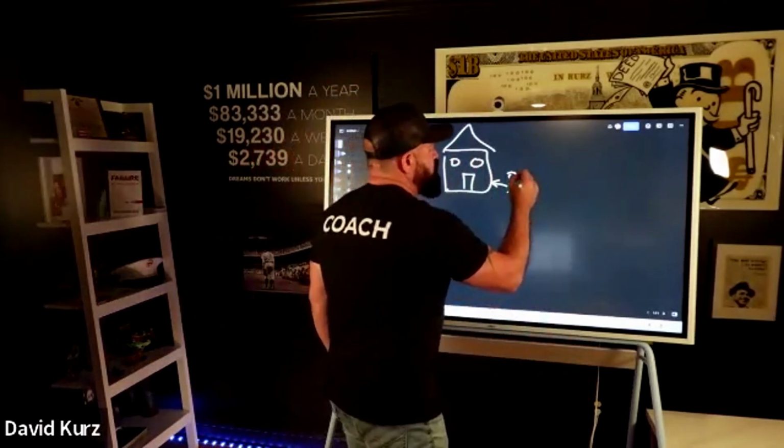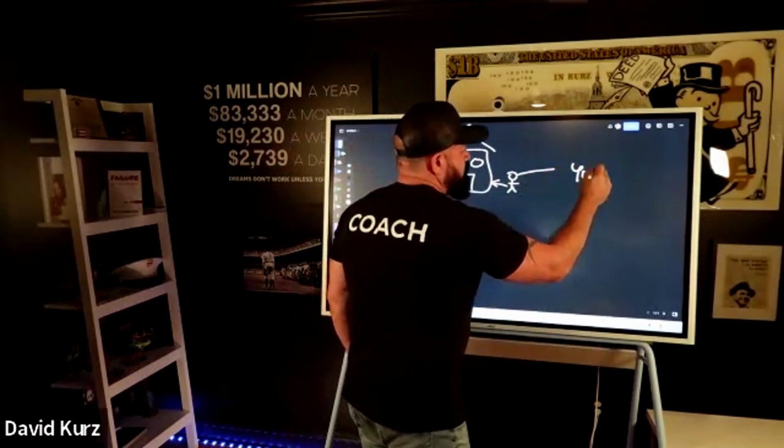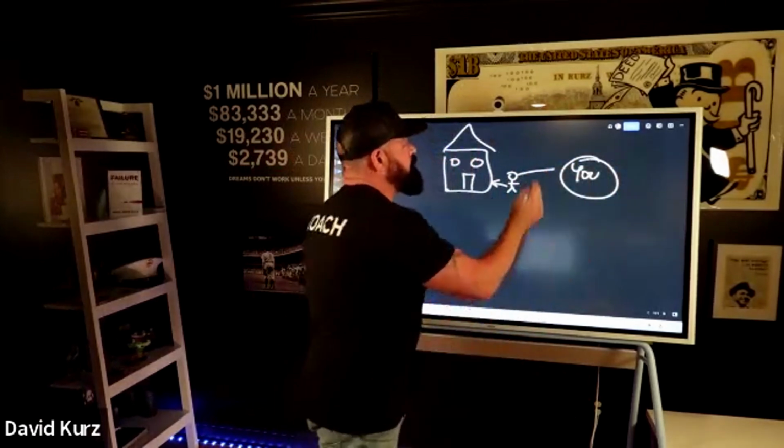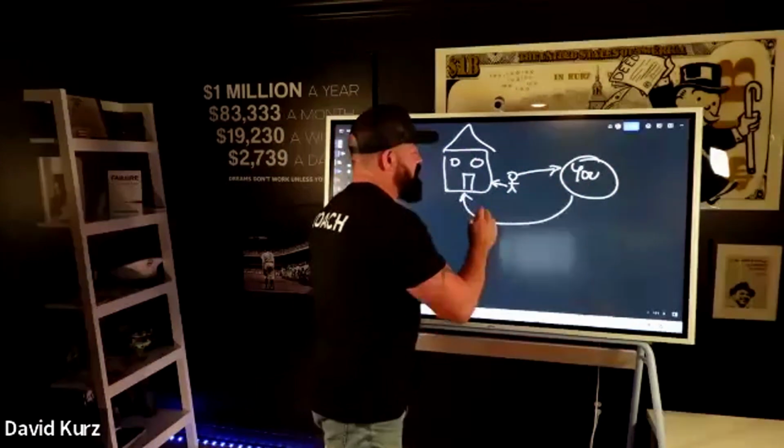And if you're going to put this person into this house, you want this person to know who you are, right? You want them to know who you are so that you can help them get here. Okay, the only way, or one of the few ways, I don't want to say the only way, I apologize for that.